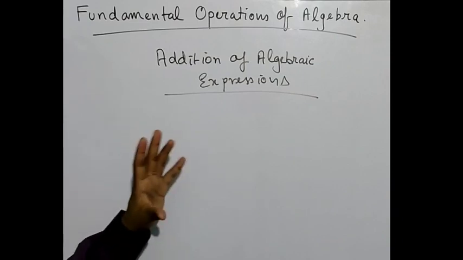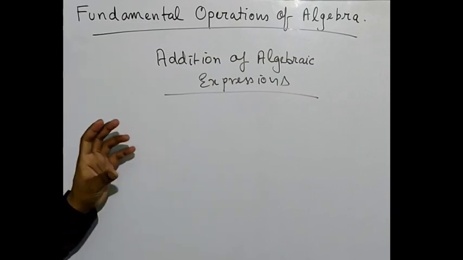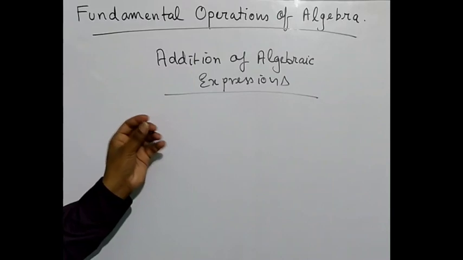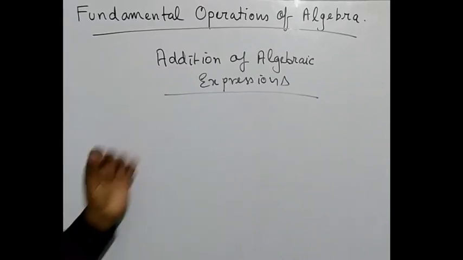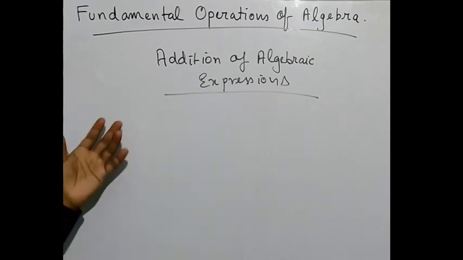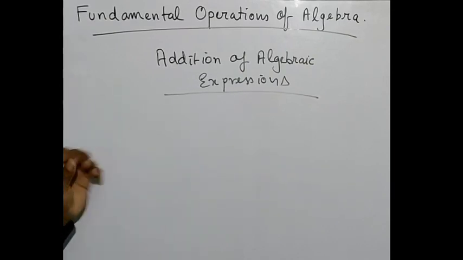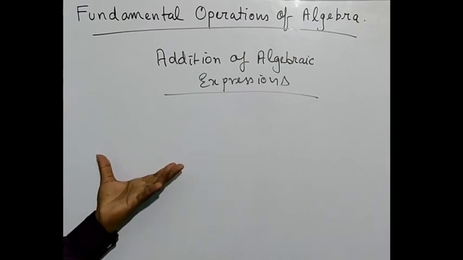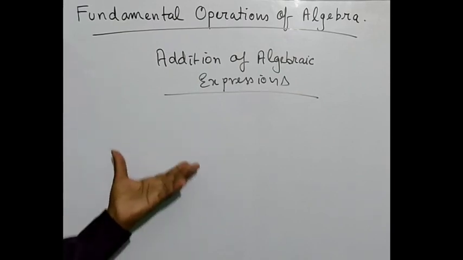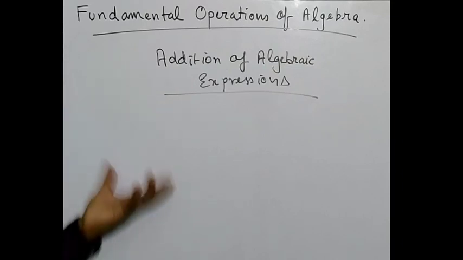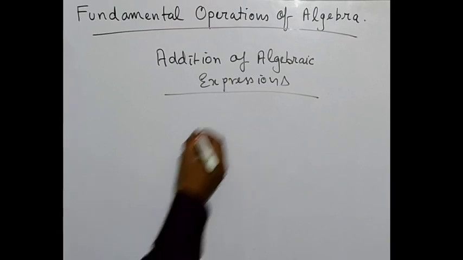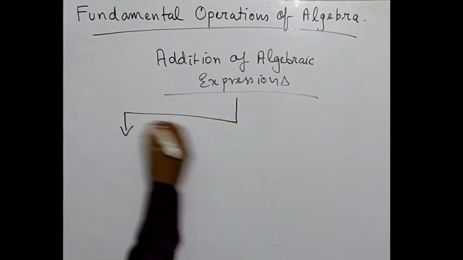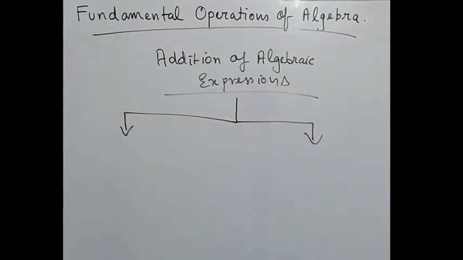Now what if you are asked to add algebraic expressions with 2 or more than 2 terms? Now we were just adding single terms, checking whether they were like or unlike terms. Now what if algebraic expressions are given like a monomial, a binomial, a trinomial, or any other polynomial? How are we going to add them? So there are two ways to add the algebraic expressions, which will make our work much easier.